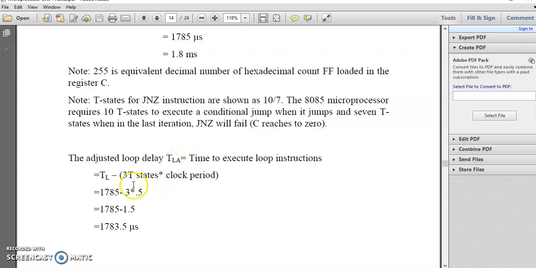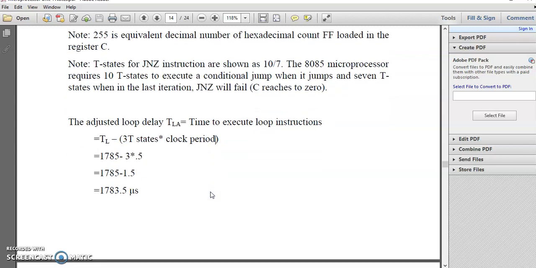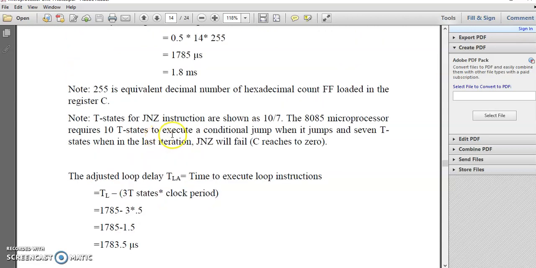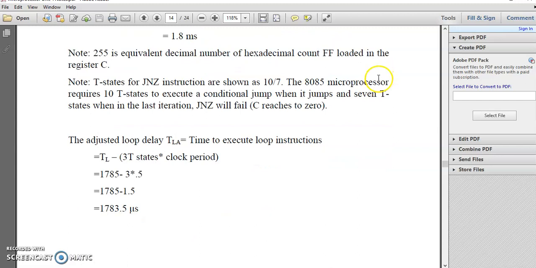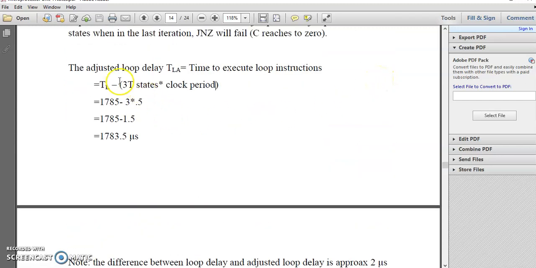We will subtract the time delay for the last iteration. We calculated according to 10 T states. 10 minus 7, 3. So we will subtract the timing of 3 T states from the total loop time.